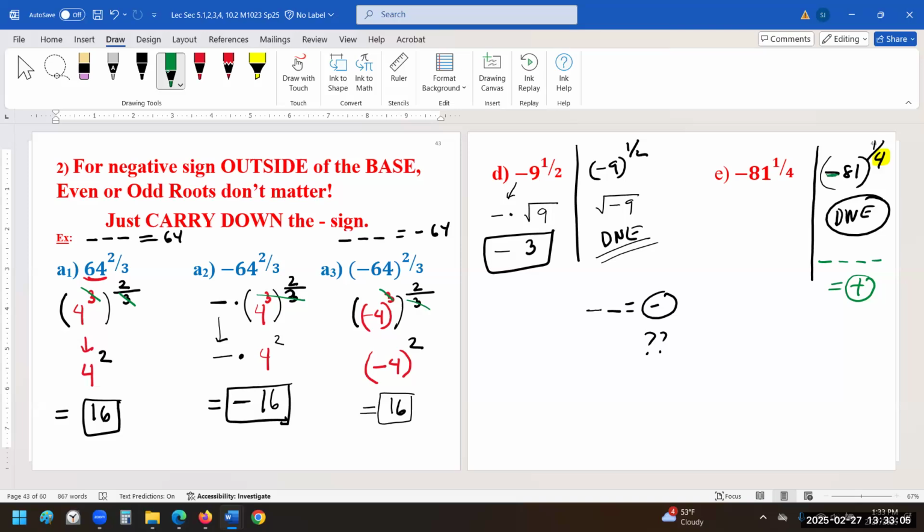But look at here. It's negative. So what will be the answer for the first one then? This negative is extra, and you have 1/4 power. You're looking for the same number 4 times, gives you 81. So 3 to the power 4. If you don't know this, you have to multiply manually to figure them out. But the best thing is just remember them. We are going to use 64, 81, 27, a lot in this class.